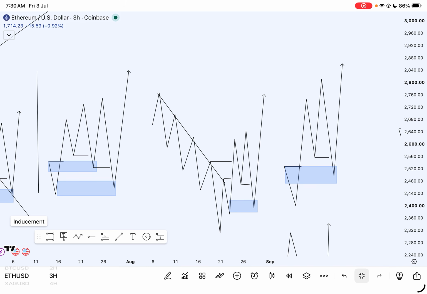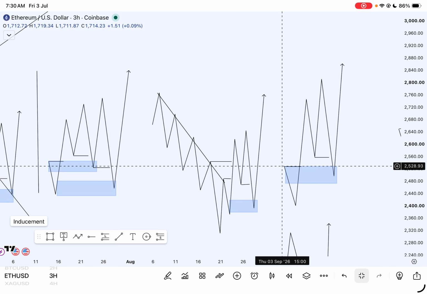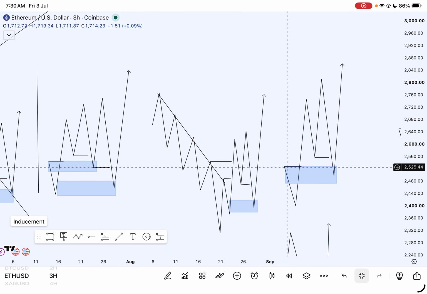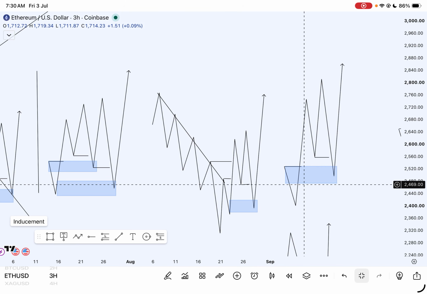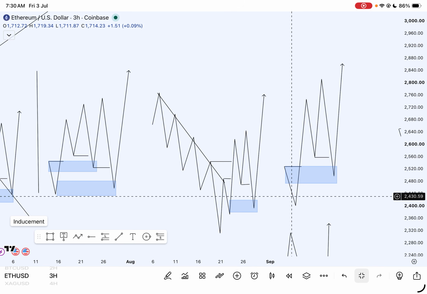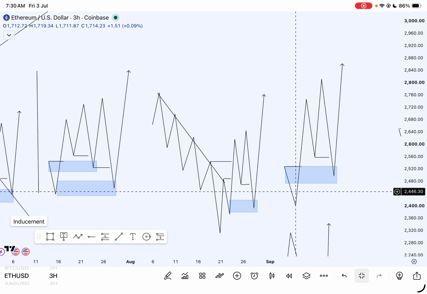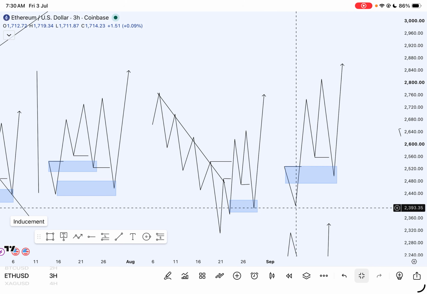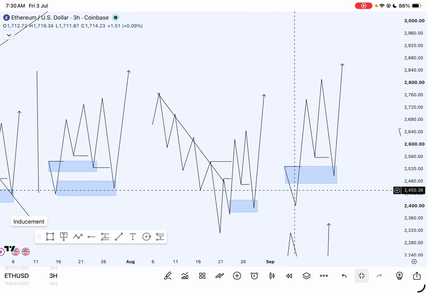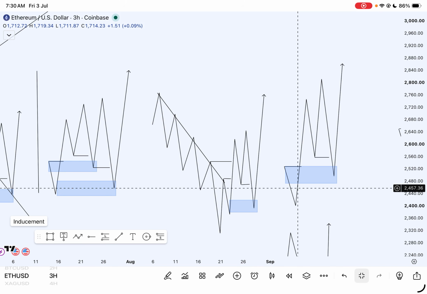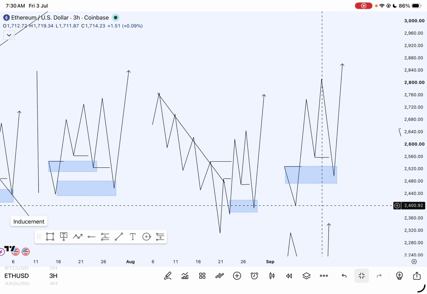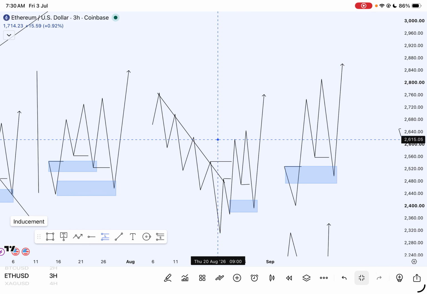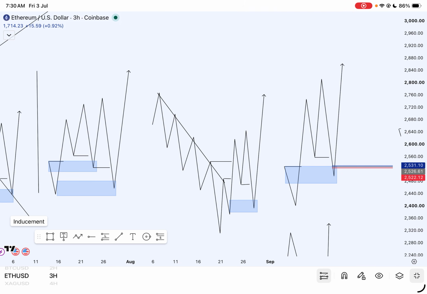So now for this fourth structure, this is a break of structure, and this is your inducement. Now notice how this inducement did not mitigate this breaker block. In this kind of structure, usually there's no other block, there's always only a breaker block, meaning if you check this low right here, you won't find any other block. So once you check this low and you don't find any other block, you are now safe to take your buys from this breaker block and target your